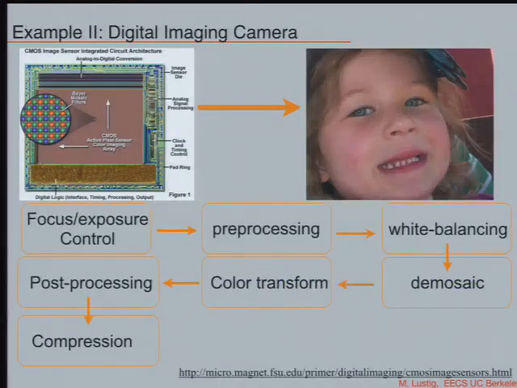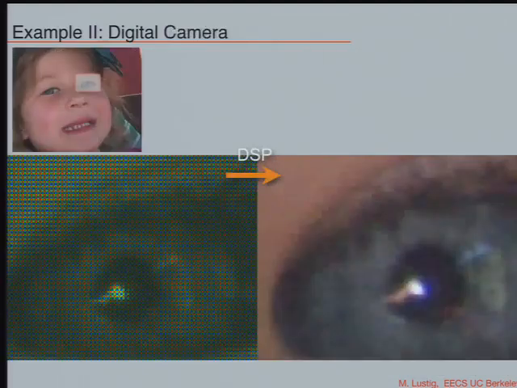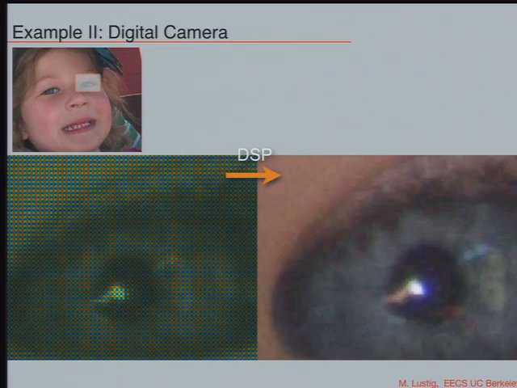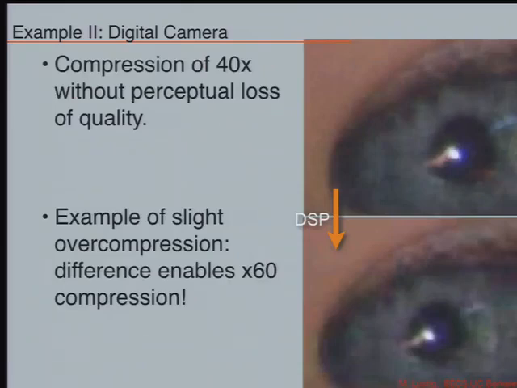Digital camera, tons of stuff going on. And of course, you can also use, by the way, with digital cameras, you don't get red, green, blue. You have an array of red, green, blue that are not the same pixels. And so you do some sort of fancy interpolation there that takes this red, green, and blue array and makes it into an RGB at every place. Okay, that's one thing. And then, of course, you can compress now in 2D. You can compress by a factor of 40 with very little loss of information.